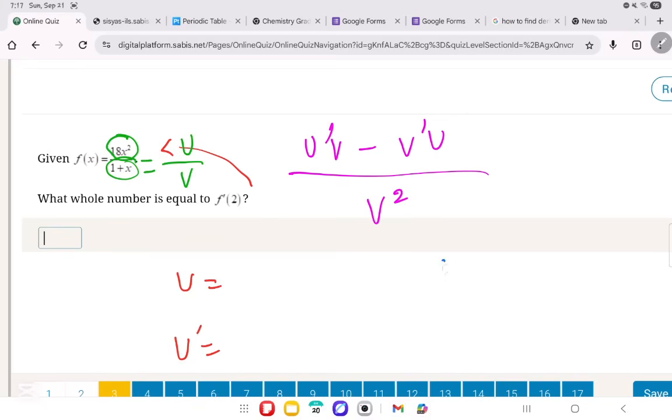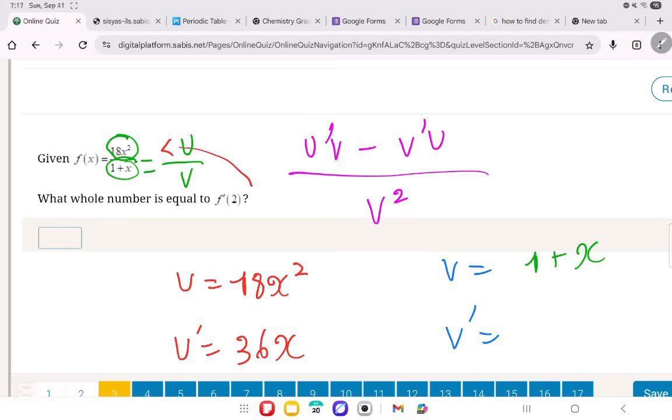and our v and our v prime. So if we start off with the u, our u given to us is 18x squared, and our u prime, you guys should know how to do the derivative, is 36x. Now, our v in this scenario is 1 plus x, and our v prime, you should know how to do it, is 1. So now, let's substitute in the equation. What are we going to get? We're going to get 36x first, times 1 plus x, minus